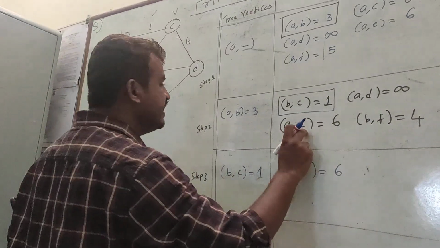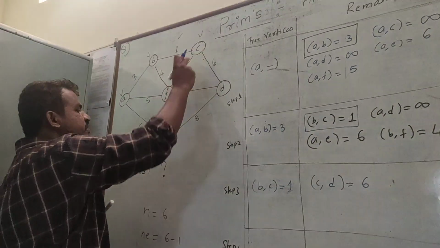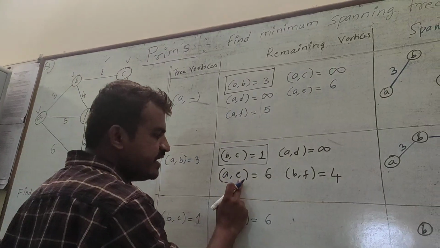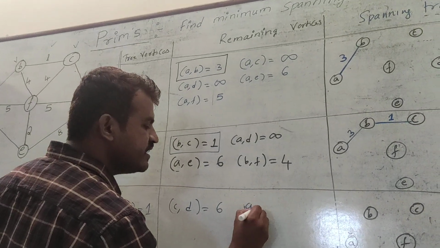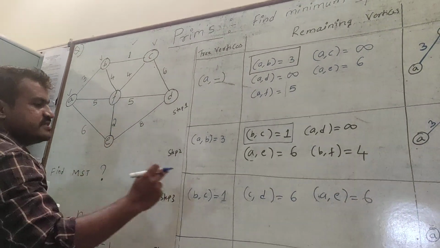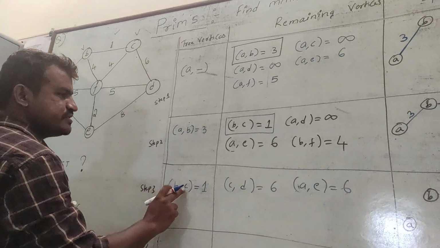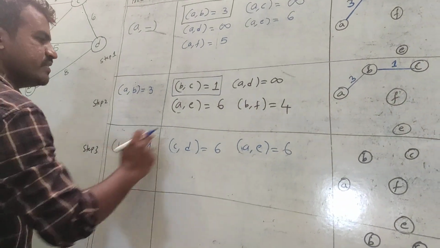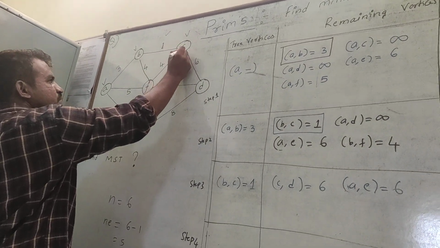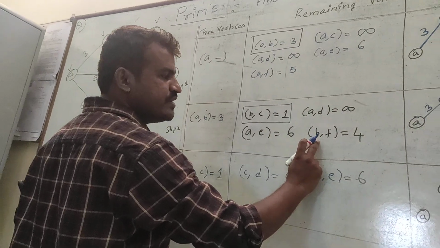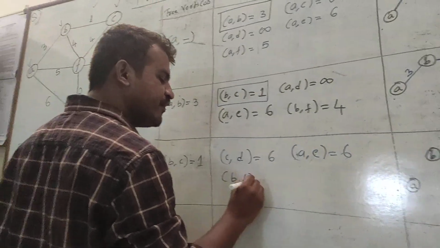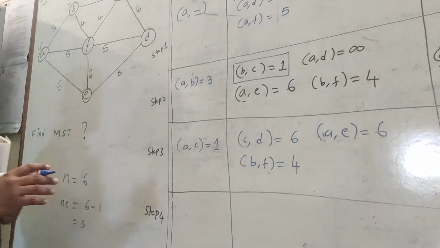Next C to E. C to E is infinity. There is no straight edge from C to E. Then A to E is 6. A to E is lesser compared to infinity. If you are connecting C to E, A to E is better. Next one is C to F. What is C to F? 4. C to F is 4. Earlier value B to F is also 4. When both come the same, you consider the previous value B to F only. No need to change.